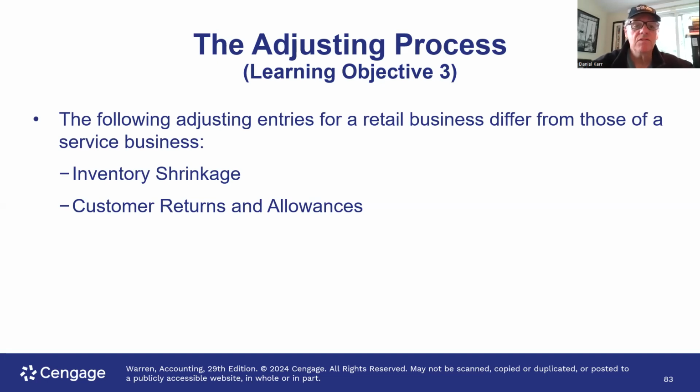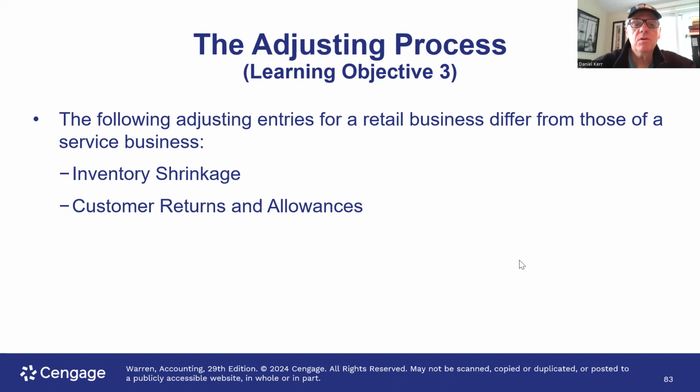And this gives rise to something called inventory shrinkage. And then also, since we try to match costs and revenues, if you have sales during the period, you know from experience what portion of those sales are going to be returned. So you also have to account for the estimate of the return of merchandise that's going to come. So these are two adjusting entries. The first one we're going to look at